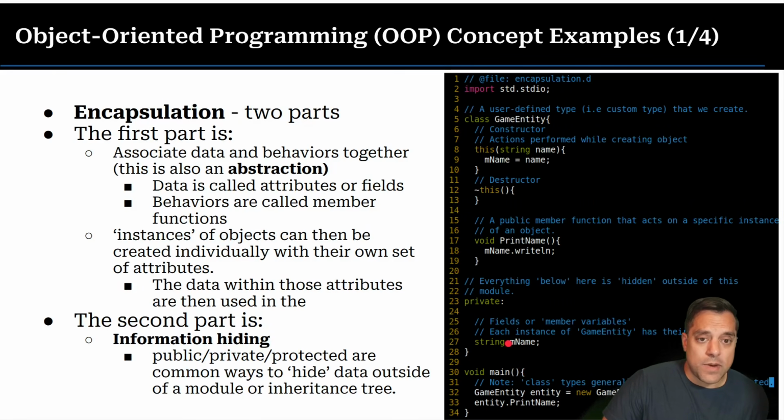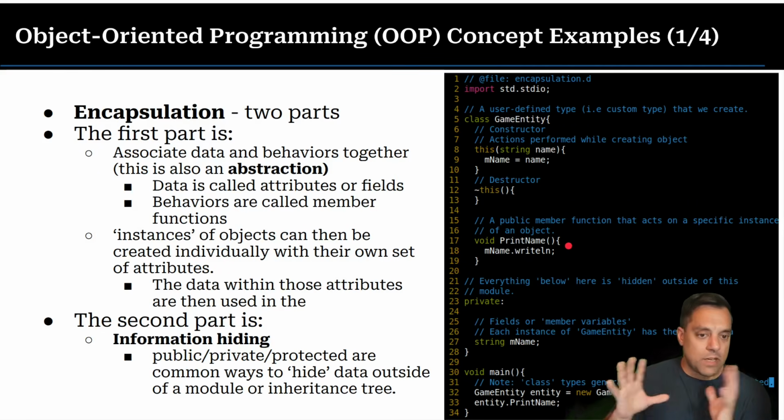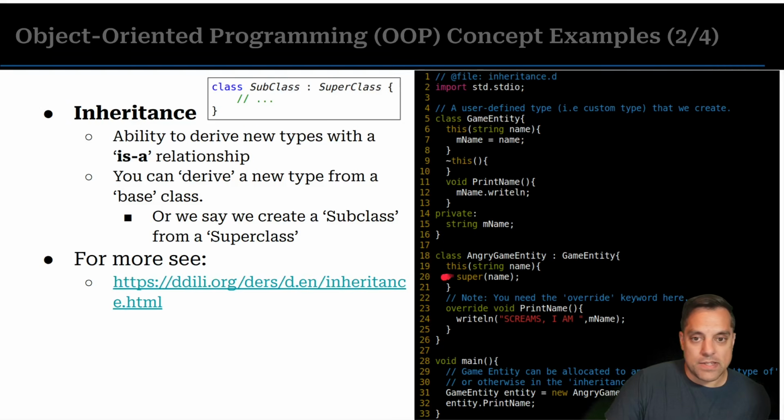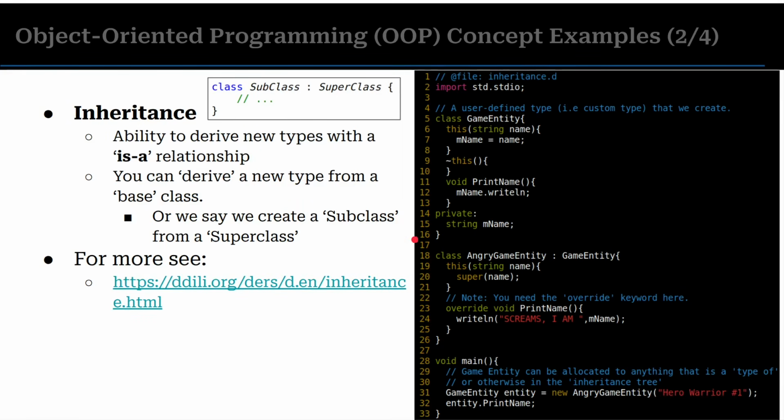So just a note about that, because the module itself, meaning the .d file, is the level of encapsulation, which I actually think is the right choice. In C++, otherwise you have to worry about things like friend functions and stuff. And again, I think module level is the right level, but that's an opinionated take here. So anyways, I just want to give you a preview on some of this stuff here.